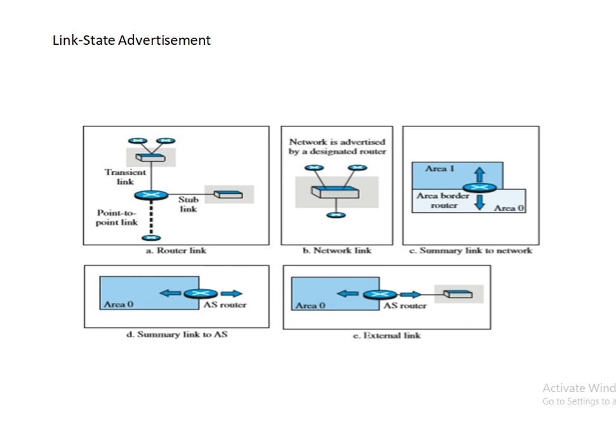A transient link, for example: a transient link announces a link to a transient network, a network that is connected to the rest of the networks by one or more routers. So that is called transient. This type of advertisement should define the address of the transient network and the cost of the link.